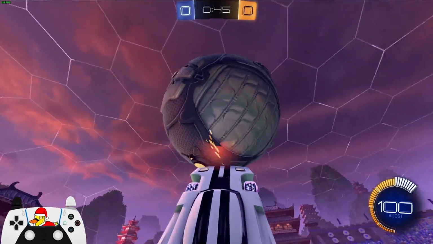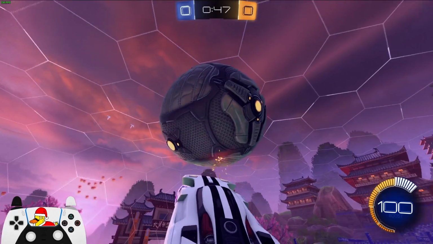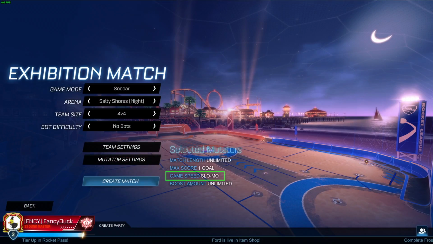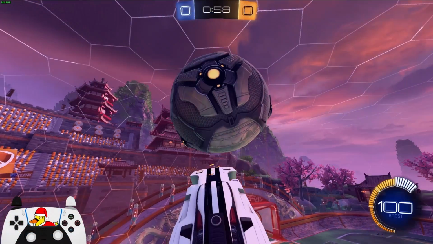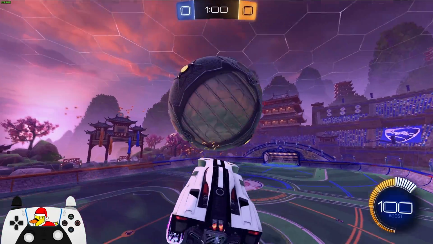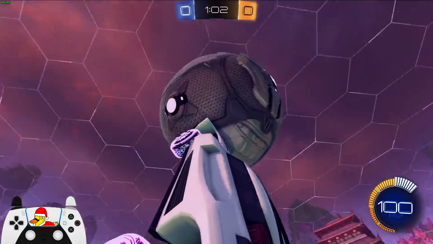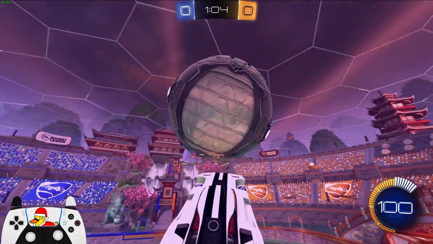Something I found really helpful for learning these tiny adjustments is slow-mo. You can either use the slow-mo mutator or the game speed slider found in Bakkes Mod's current game tab. For people using the latter, I recommend starting at a low speed and gradually increasing it until you can air dribble at normal speed. I wouldn't recommend using slow-mo too much however, because we don't want to become accustomed to